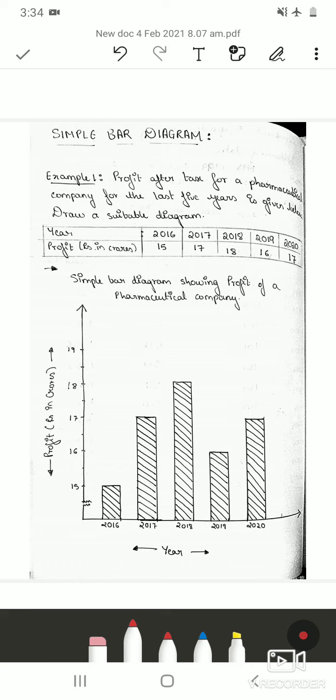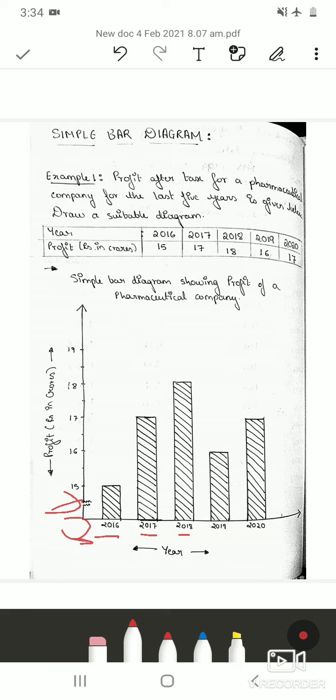Now coming to the y-axis, you have to choose the scale such that all these values are covered. So you can take the scale of your choice. From 0, the first value is 15. Then I have taken 2 centimeters for a difference of 1 crore rupees. After 15 crores, it is 16, 17, 18, 19, and so on. So you have to draw this. This is called a false baseline because from 0 we are starting directly with 2016, and then the difference between the years is 1 year.